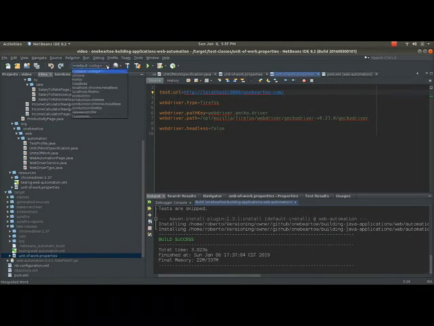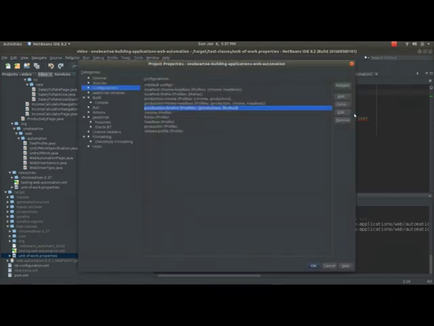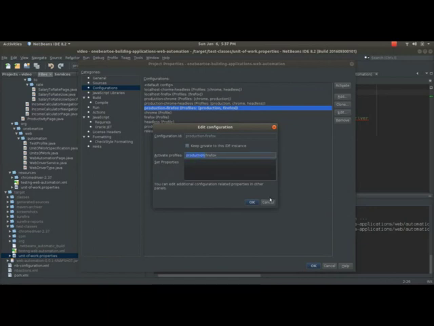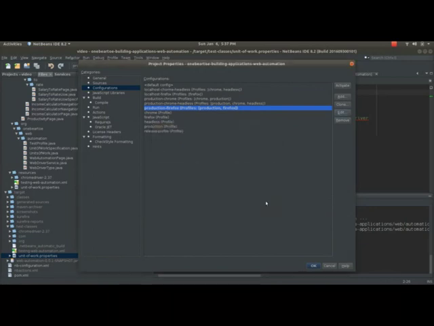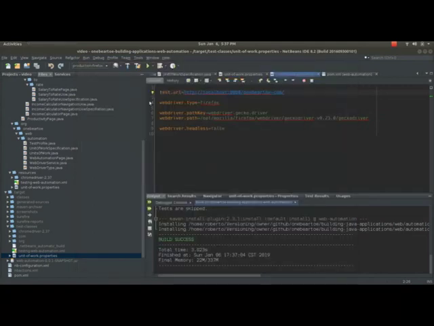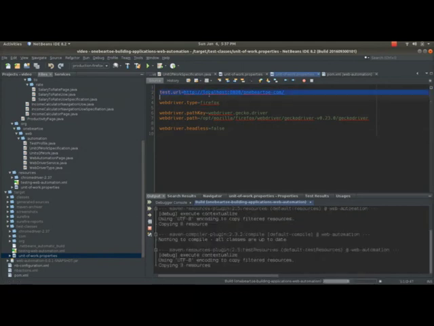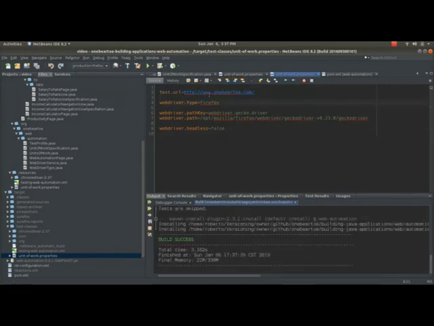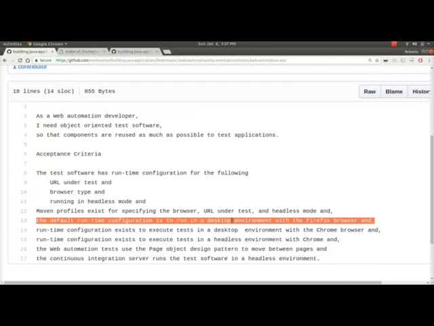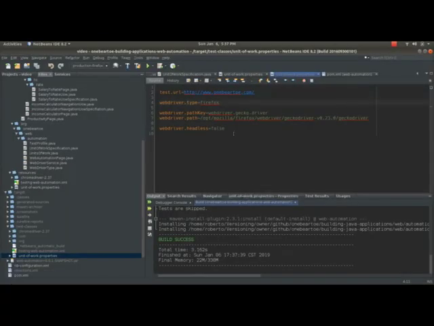Whoops, I didn't change the profile. So it'll be production Firefox. I guess I meant to show this. The production Firefox has production Firefox properties enabled. And now if we build with this menu item, it should update this URL. Okay, so now we're set to run in desktop mode with Firefox, and I'm going to go to the test